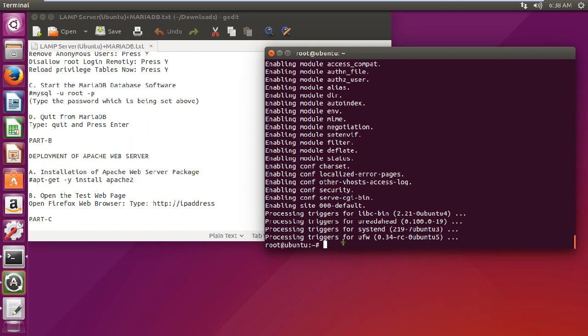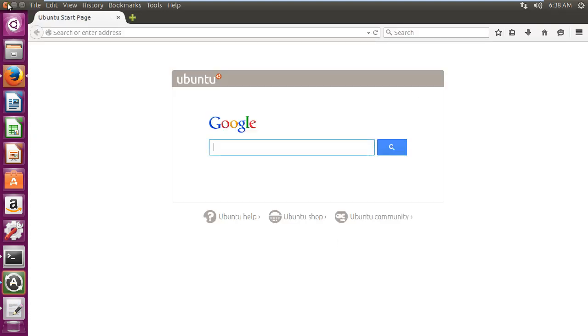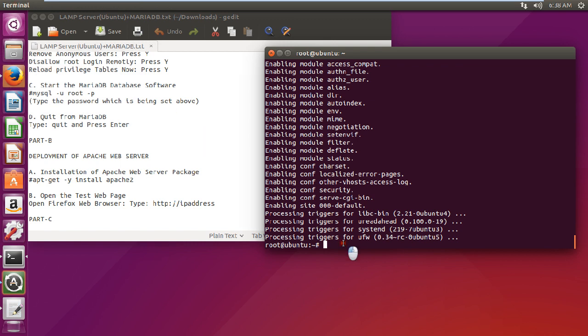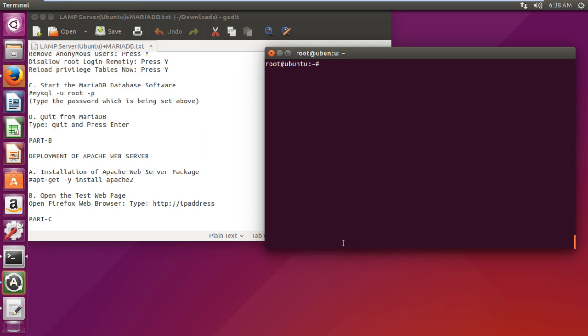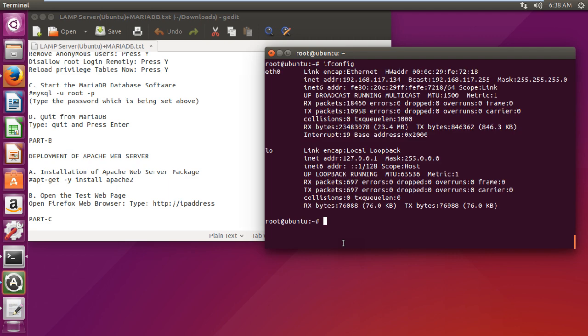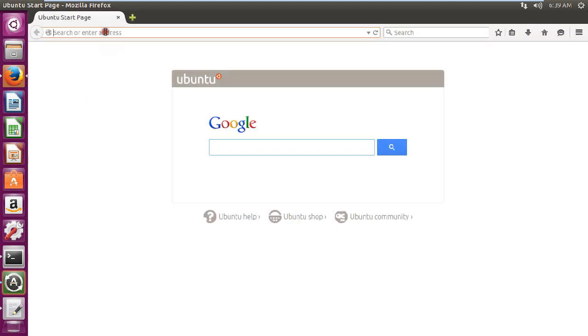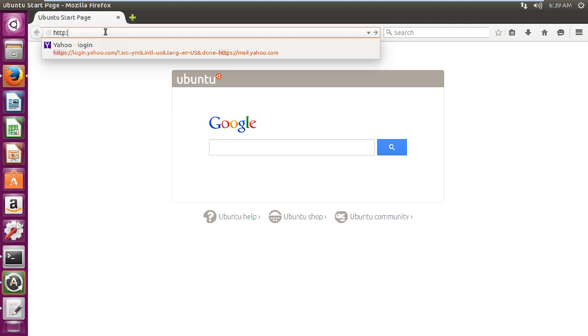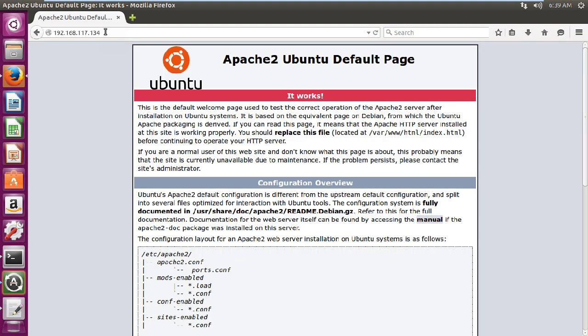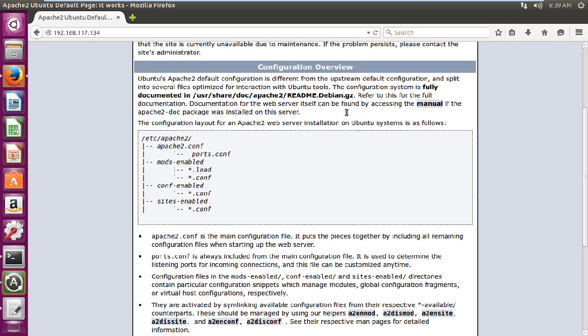So before we start testing our Apache Web Server, it is better that we should know the IP address of the machine. So I give the command ifconfig. So the machine IP address is 192.168.117.134. I just copy over here and I open my web browser. So I type in http, that is a web address, slash my IP address. So press enter. So now you can see that the Apache Ubuntu default page has already started working, and over here we can see that